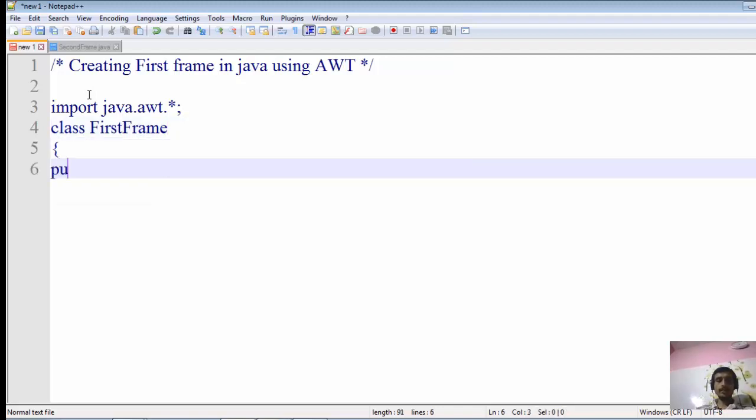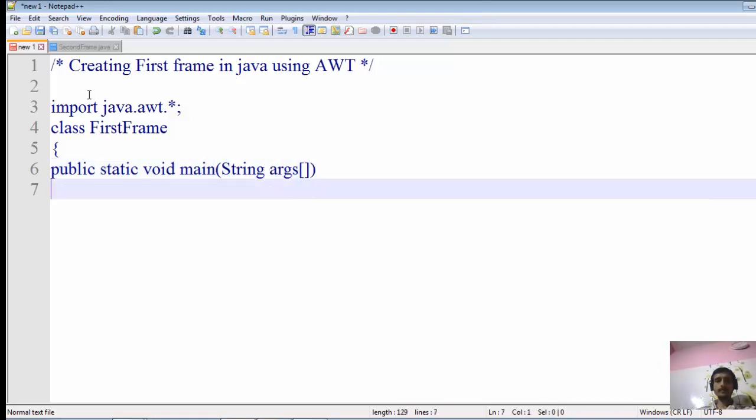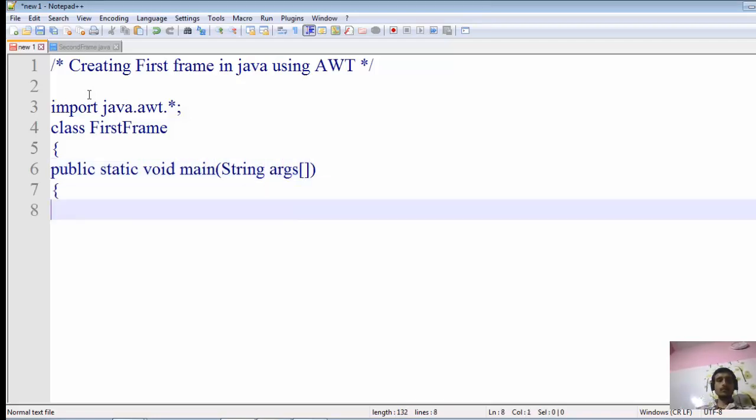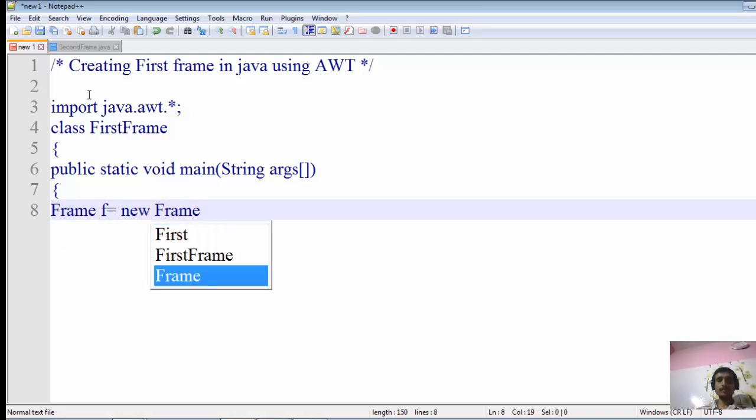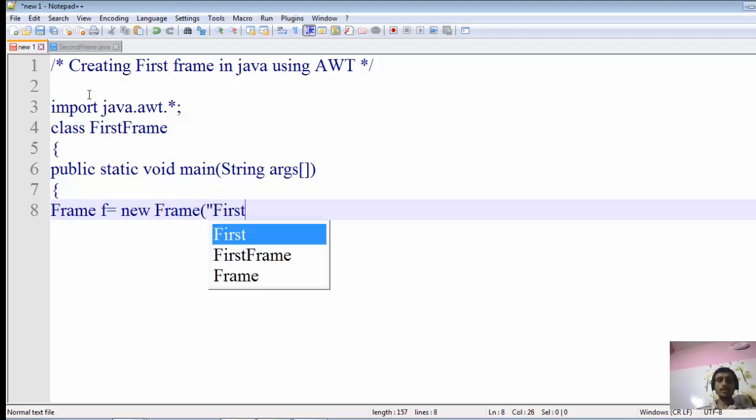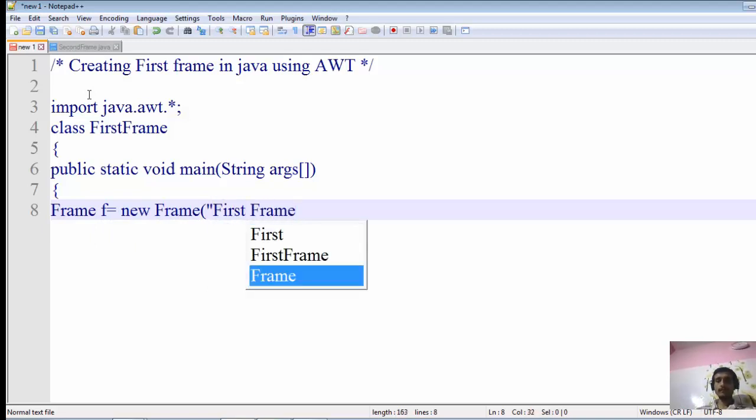So we'll write public static void main String args. So what we have to do, we have to write Frame f is equal to new Frame, and inside this we have to write first frame.